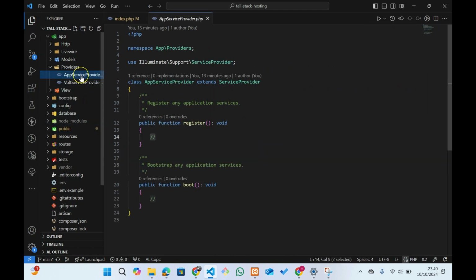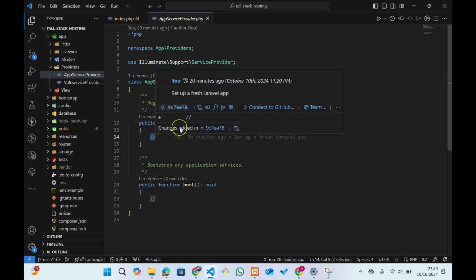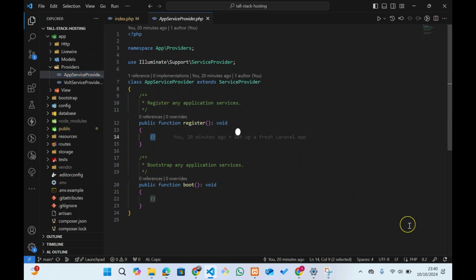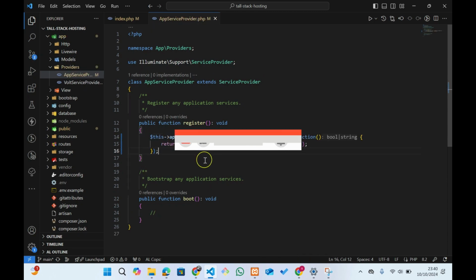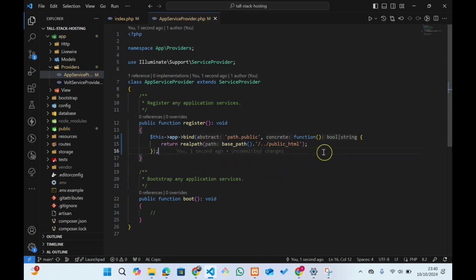we need to go to the app service provider, which is found in our app, then providers, then right here. Here we need to pass the following files that I'm going to paste right here. So right here, what I want to show you is this one. Okay, so from right here, what we need to do,